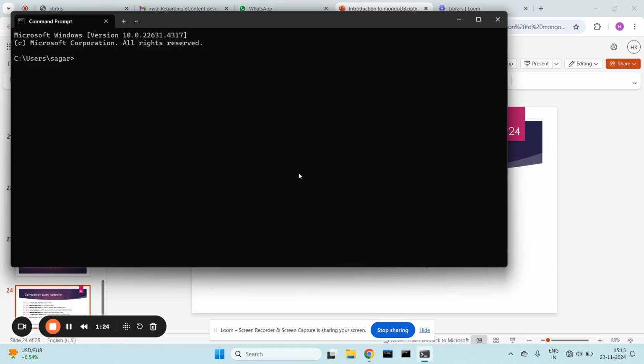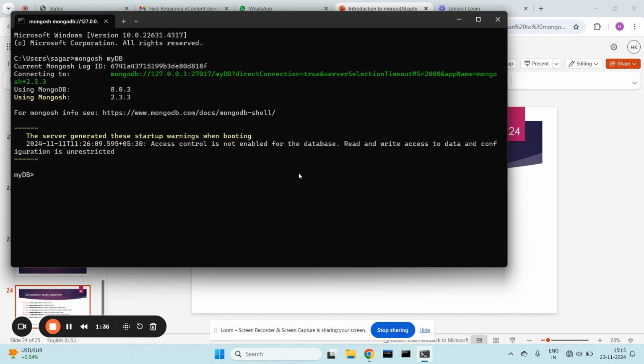Open the Mongo shell, type mongosh, and type the name of the database that you would like to log into. So, let us say, for example, my database is MyDB. Let me see which collections are present. Yes, there are two collections, emp and MyCol. So let us see the emp collection.